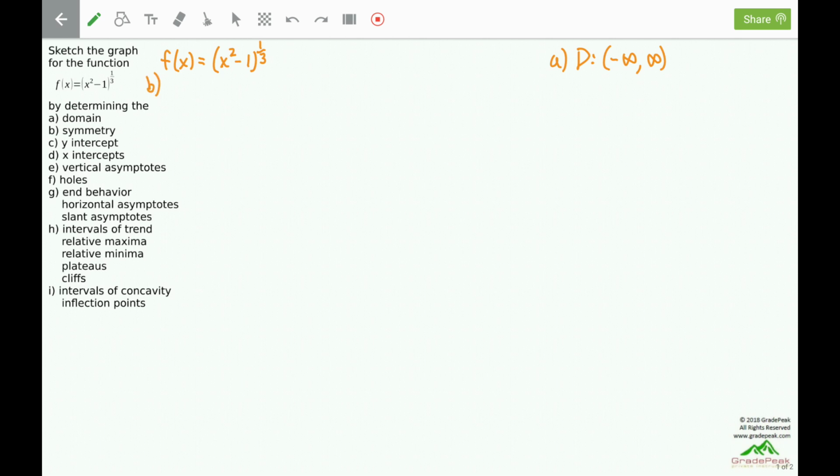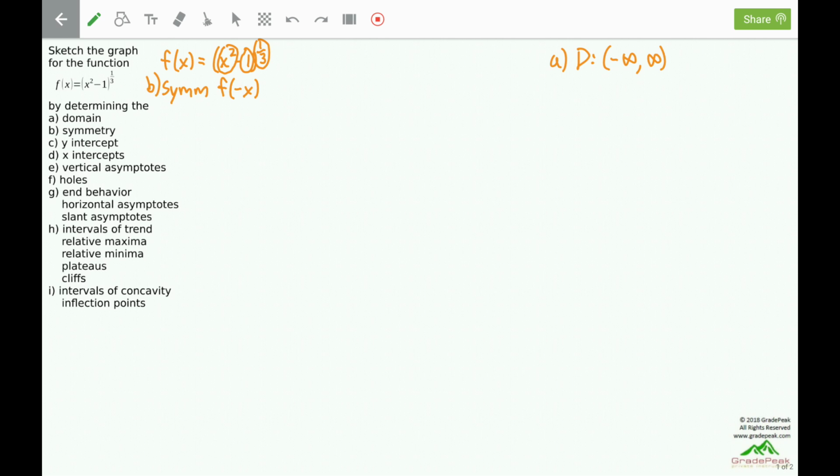For part B, we want to determine if there is any symmetry. This is done by evaluating f of negative x and comparing it to the original function f of x. F of x is made up of a polynomial whose x term is to an even power, which will have y-axis or even symmetry, and a constant which always has y-axis or even symmetry. And then the entire thing is raised